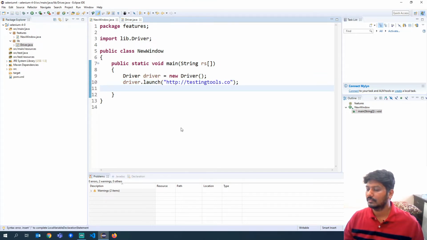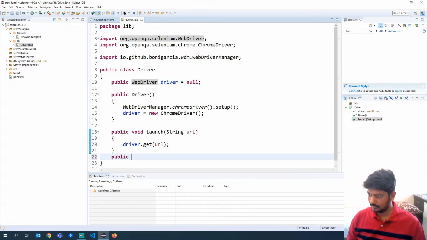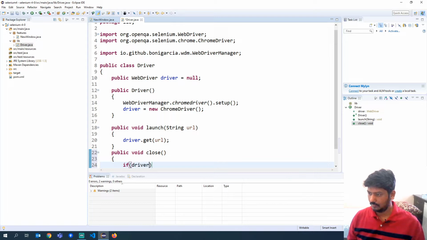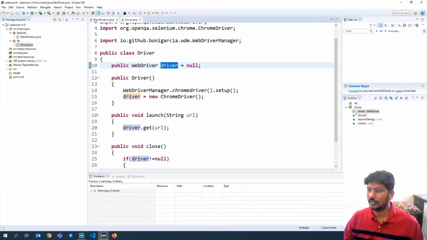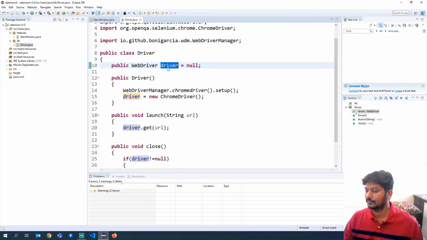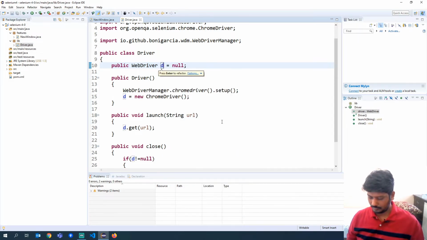And we will write one more method to close the browser. I'm just renaming this because we're also having a driver in this particular class as well. So let's refactor this. Okay, it got updated now.